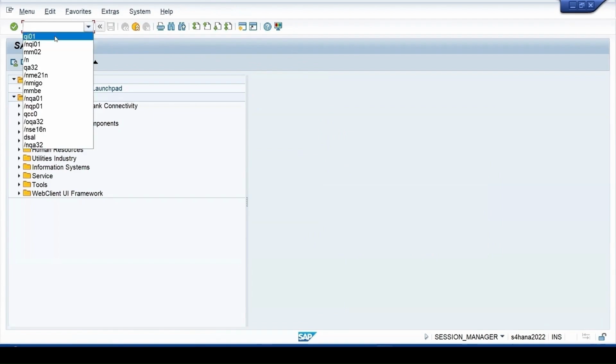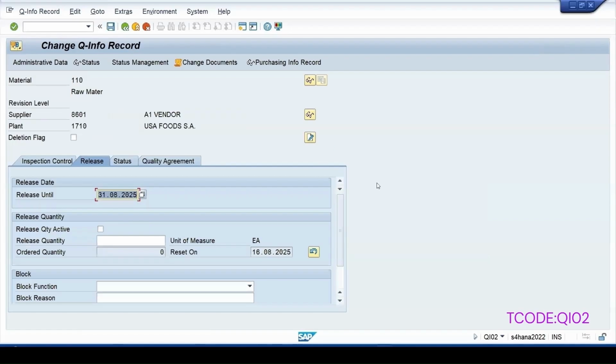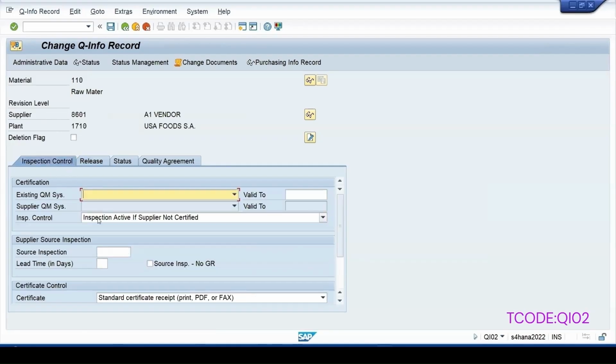Let me go to the change mode of the quality info record. /n. Maintained my release date is till this date I will be buying the material from this supplier. Okay. Here we also specify what kinds of inspection you want to trigger. Okay.